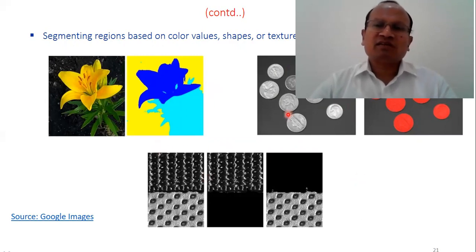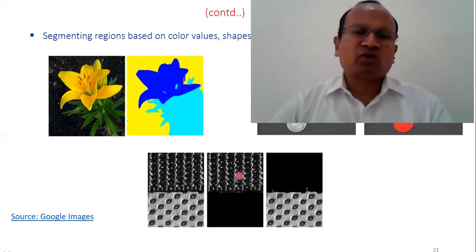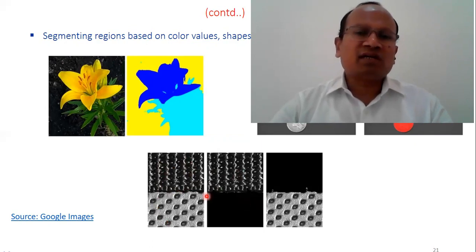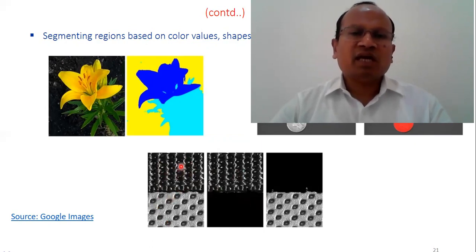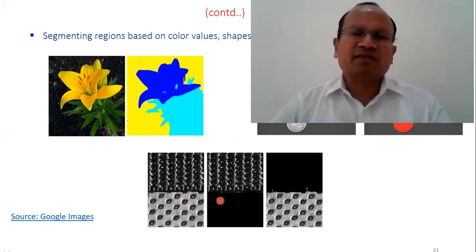You see here, the third one is the example where there is texture. If you can see this, it has different texture. So if you compare the first image and the second image, you will find that the texture is different from this area. So it's either suppressed or some particular color is permanently assigned.